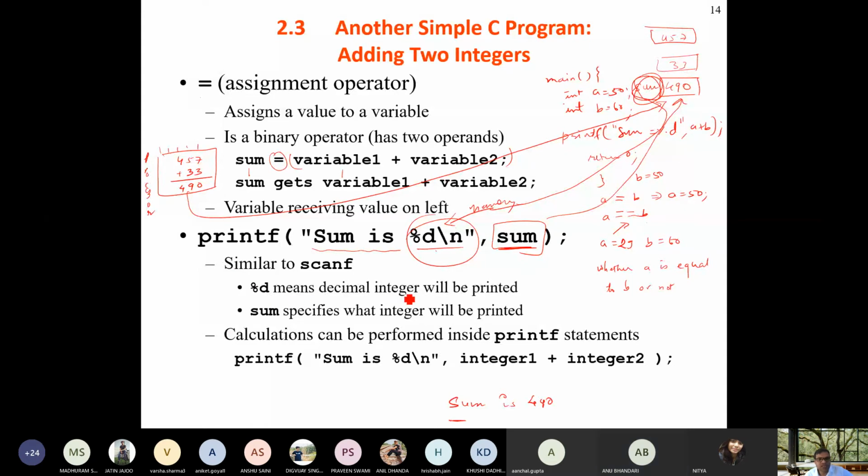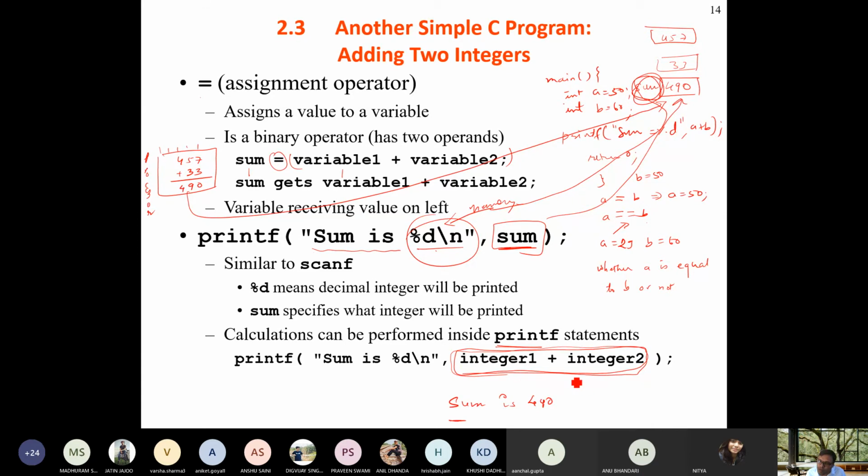So %d means a decimal integer will be printed, and sum specifies what integer will be printed. Calculations can be performed inside the printf statement. You can also, if you are interested, perform the calculations inside this printf statement and do the same thing.